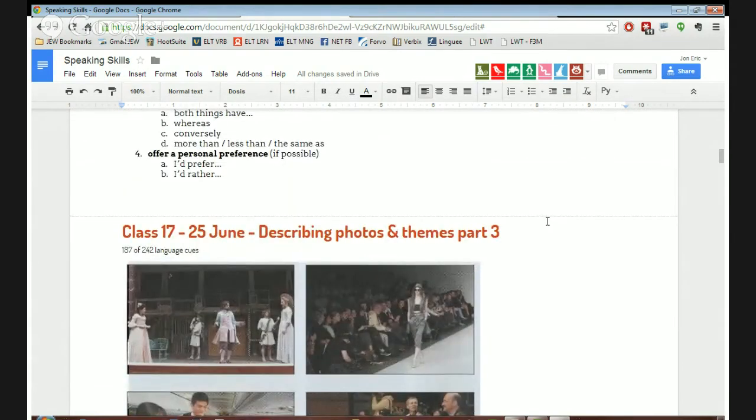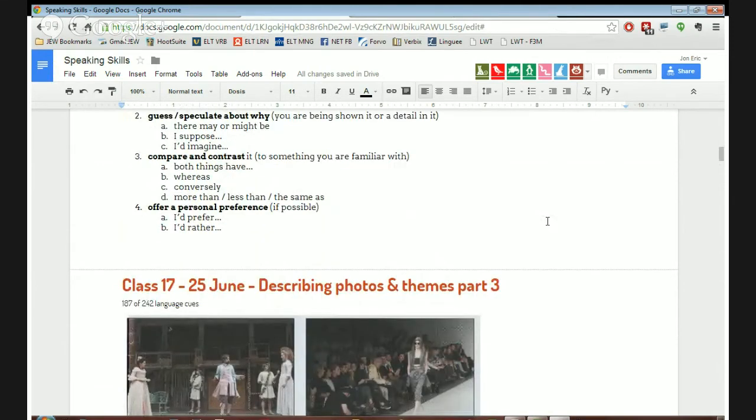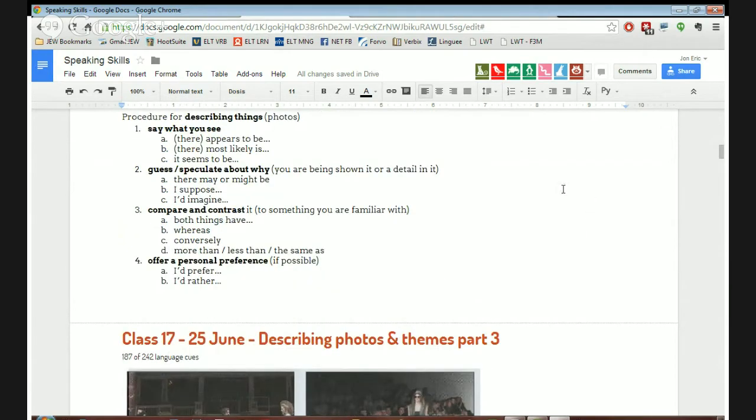So if we go back to our list here, well, this appears to be some sort of a comedy. I see actors on a stage, perhaps doing a Greek drama. It looks like they're wearing 19th century costumes, so it could be, there's Greeks in the back, but there's kind of more 19th century costumes in the front, so maybe it's, I don't know, it could be a lot of things. But that's okay. See what you see. I suppose this picture shows one aspect of being in front of the public or having an audience. Okay, that's a good statement about why they're being shown the picture.